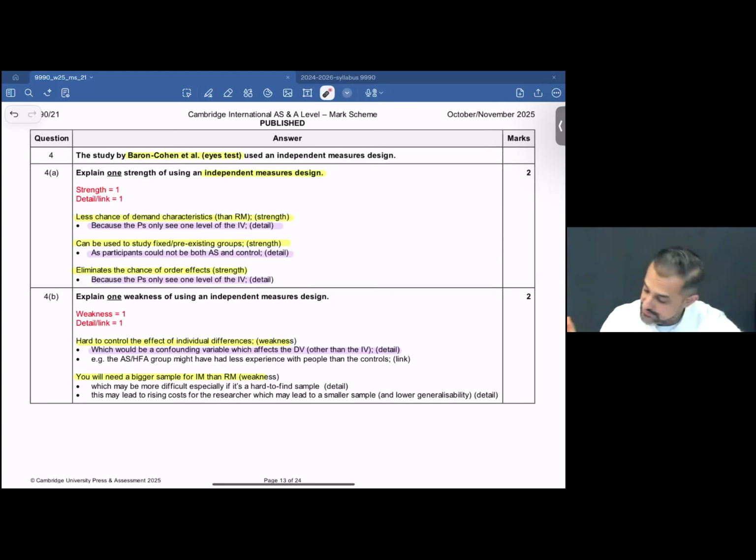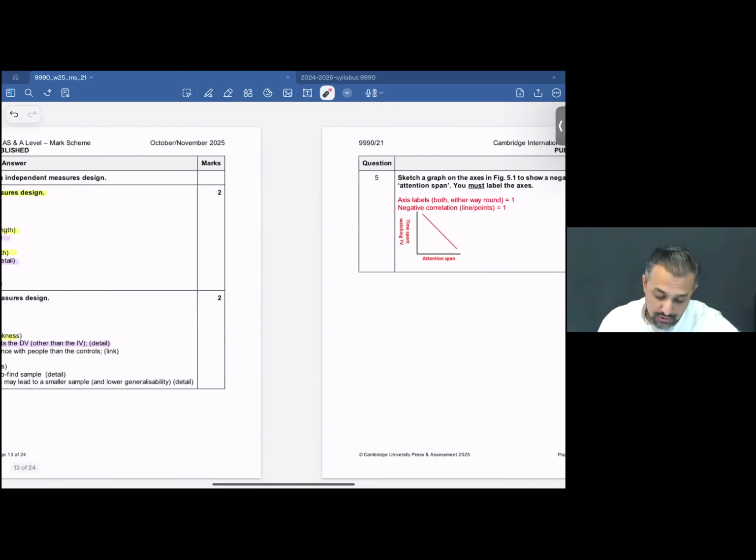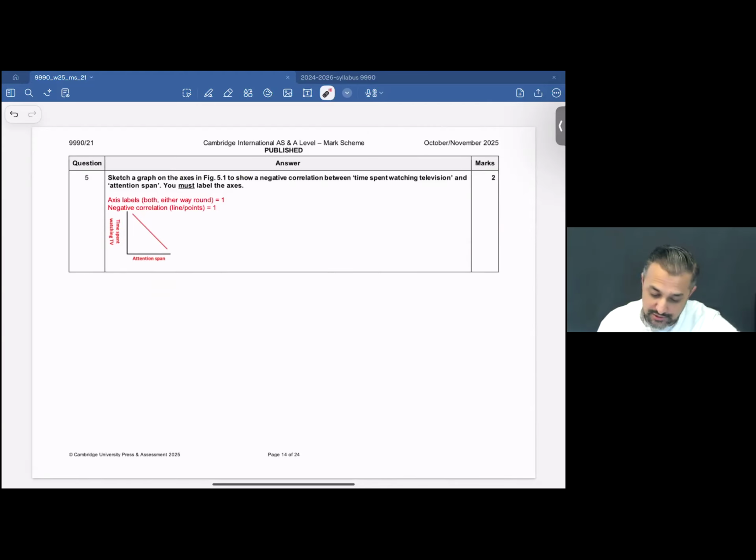So let's take this ahead. This was question number 5. Let's hop on to question number. This was question number 4, and this question number 4 was of 4 marks in total. Moving on to question number 5. Let's have a look at what question number 5 has to say.